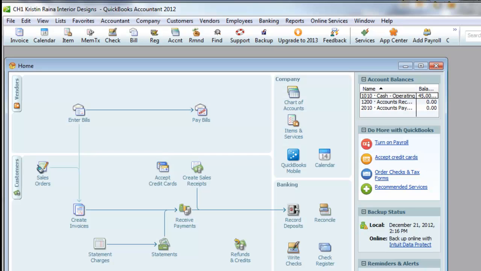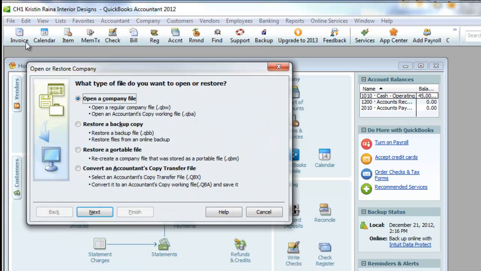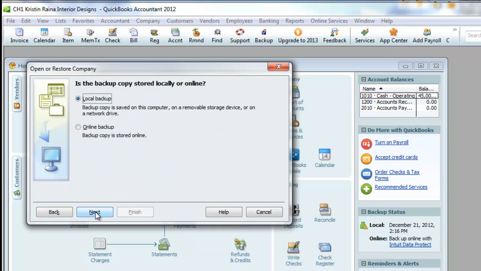I'm going to switch to QuickBooks. The first step we do when we restore a backup is we click on File, Open or Restore a Company. We want to restore a backup copy, so we're going to choose this option. We're going to click Next, and it's asking us where is this backup that we want to restore. Is it a local one or is it an online backup? Well, ours is a local backup found on our flash drive, so we choose Local Backup, we click Next,